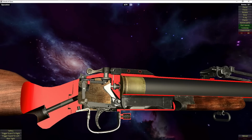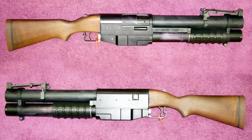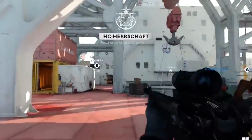The China Lake never got a formal designation and was only produced in very limited numbers. In fact, 24 were produced, and they were all sent to special units, with 20 of them going to SEAL teams. The China Lake was named after the naval station where it was designed and was based off the M79,